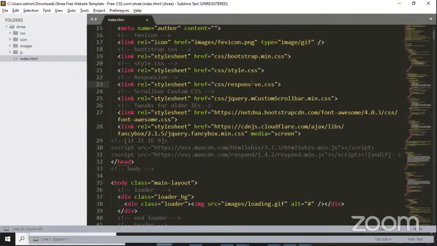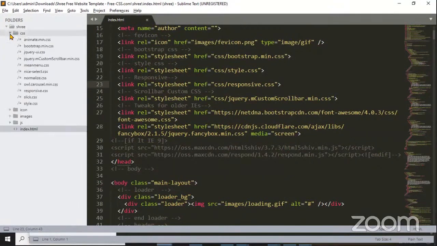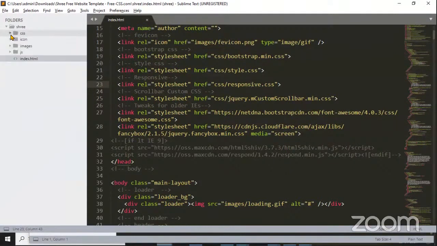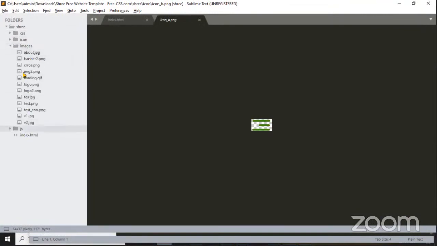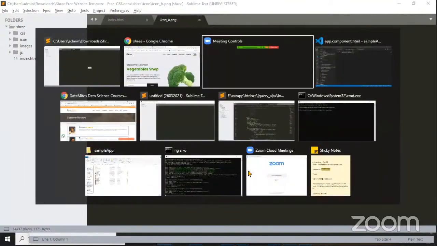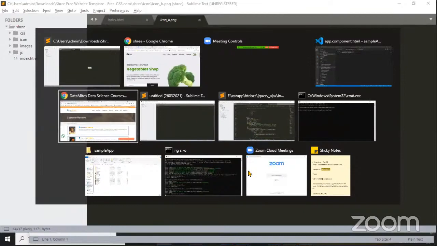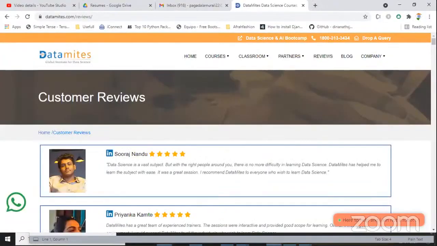style.css, response.css, every file which is there in that static page, we have to copy all the CSS. See this much CSS that they have used. I don't want to explain each one of the CSS. That story is different. First, let me copy the CSS files and some of the icons that they have used. This icon also I wanted to use. Some images which they have used, all the images we must use. And some JS files. Everything that you have to copy, sir. Guys, listen carefully. From your static file. Now if you come back,